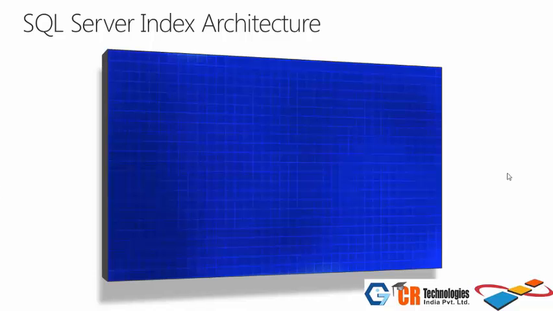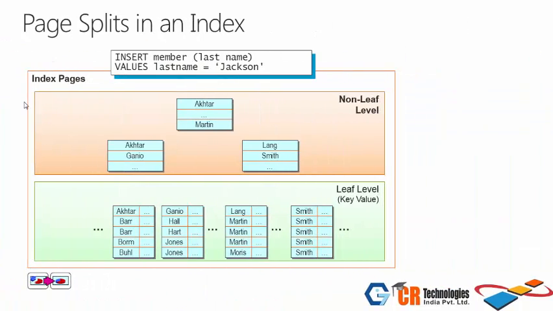So you've now seen how indexes work, what their architecture is, and how they are organized. Let's move on to understand what happens when you run operations on tables that have indexes. The first challenge is this: when the data is stored in the heap, the good thing is there's no sort order of the records. So you could have data going onto any page as long as the space is available when you work with